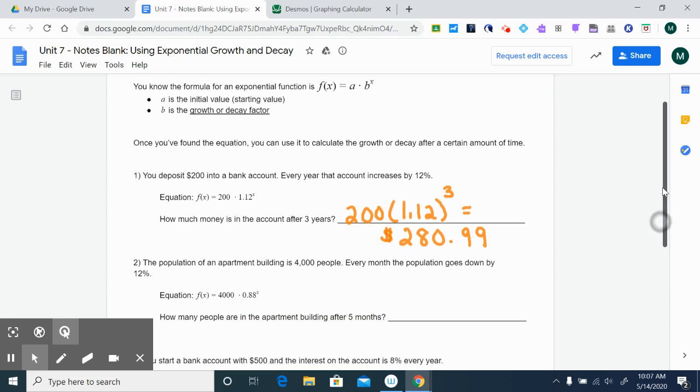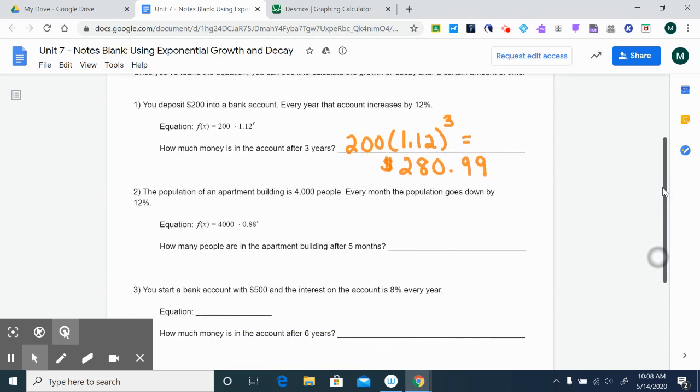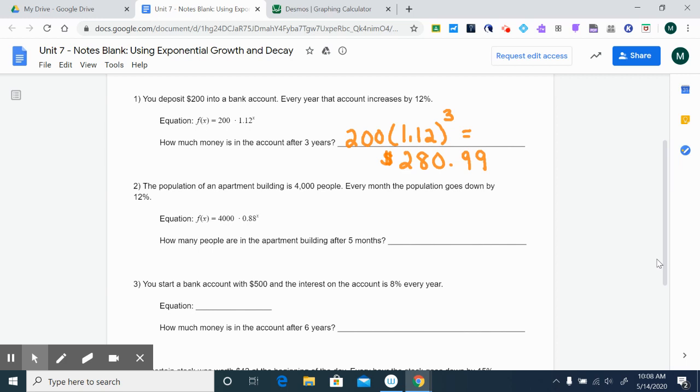Alrighty, so if we look at our next example, the population of an apartment building is 4,000 people. Every month the population goes down. So we have our initial value, and then we did 1 minus that 0.12 to get that 0.88. So how many people are in the apartment building after 5 months? So again, we're going to take this, and instead of the x,